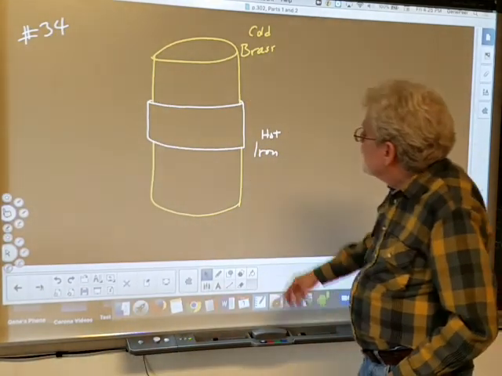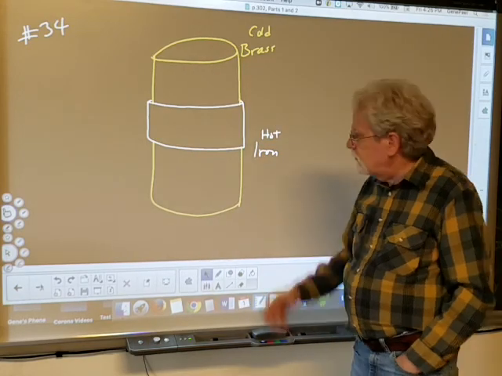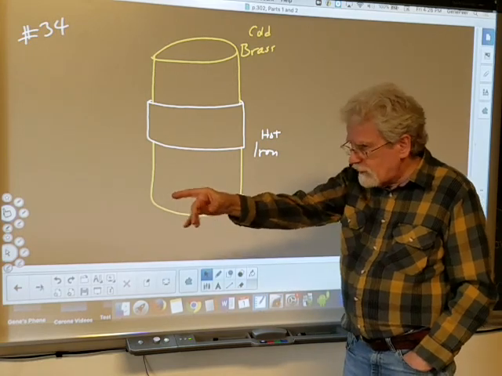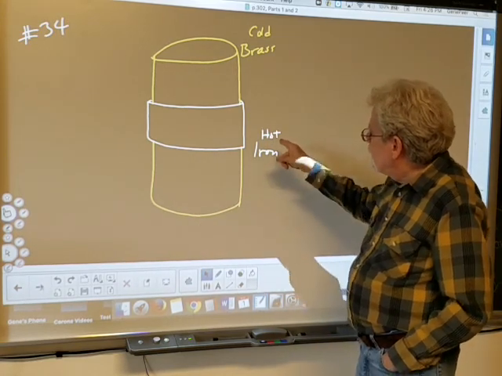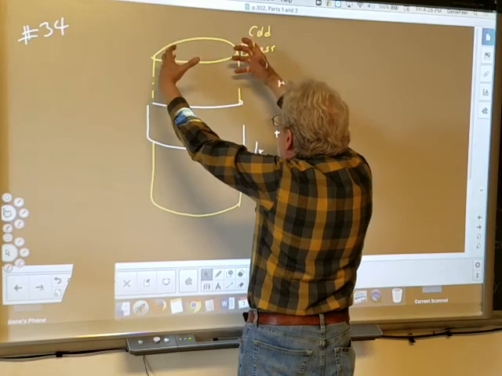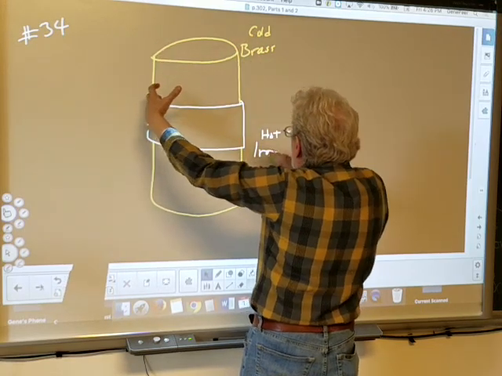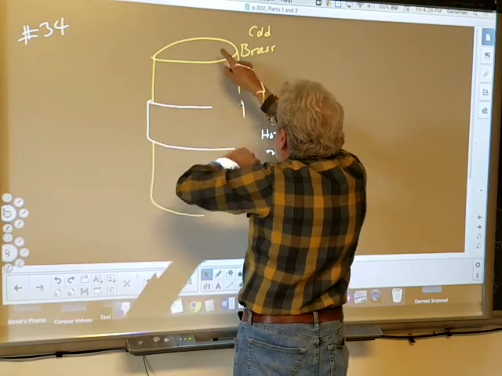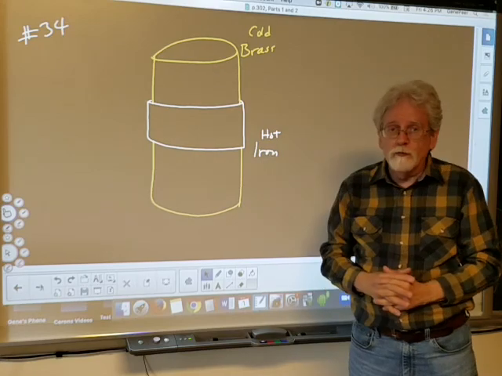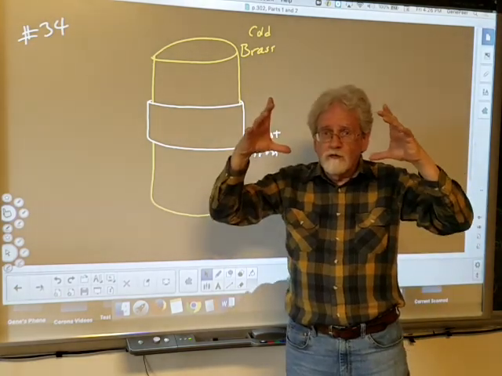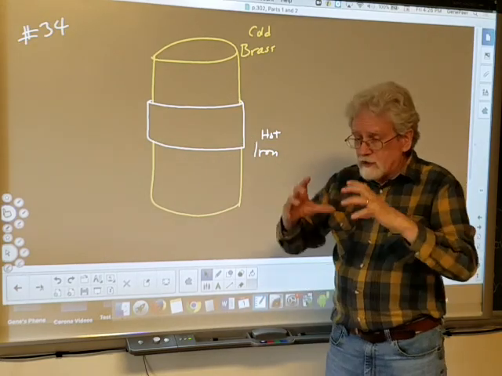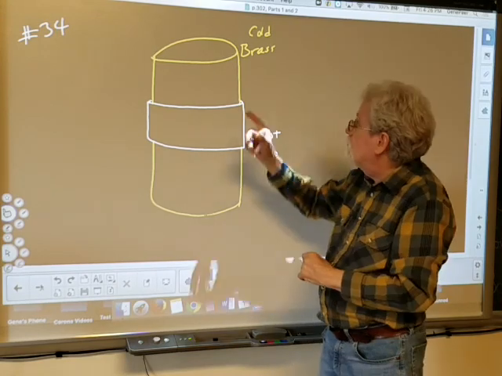34. Here's what he's talking about. We've got this chunk of brass here, a cylinder of brass, and it's cold. I think he uses the word very cold. Then he's got this hot iron ring, and he puts the hot iron ring over, and it's a snug fit. You've got to kind of push it down there. The hot iron ring gets pushed down onto the cold brass cylinder. Then you let the hot iron cool down. When the hot iron cools down, it of course contracts. The brass is already cold, so it's not going to contract. So now that hot iron ring is very, very firmly attached to that brass